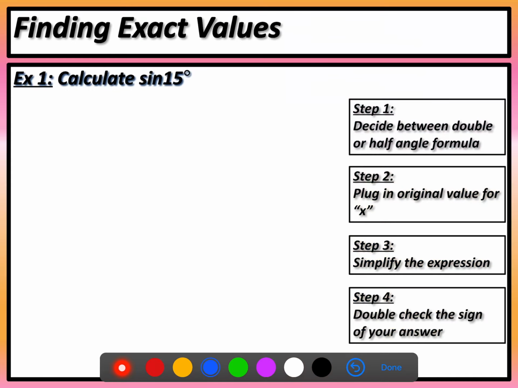All right, so the first type of problem we're going to do is just straight up evaluating. So just like we did with sum and difference, we have to use the angle values that are on our trig chart. So in order to come up with 15 degrees using half or double, I could take theta equals 30, and if I took half of that,